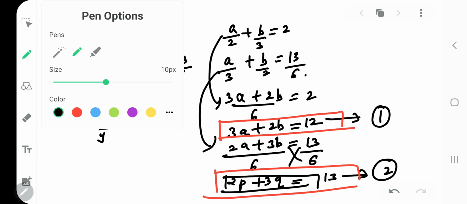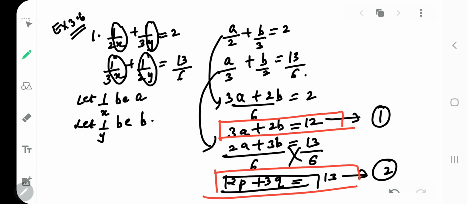Okay. If you find any problem in solving it, you can use any of the three methods. If you find any problem, you can message me so that I can solve that complete problem for you. Otherwise, you can just go through the videos which we have done previously, solving them by the different methods. You can watch them and then come back to this problem and solve it. Okay. Next we have